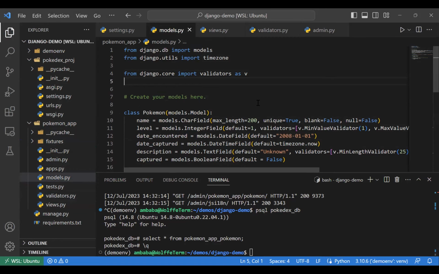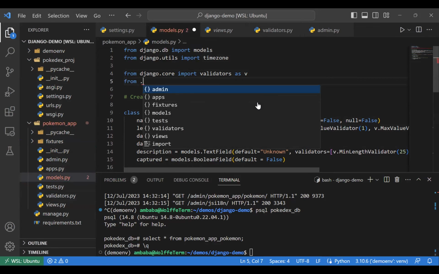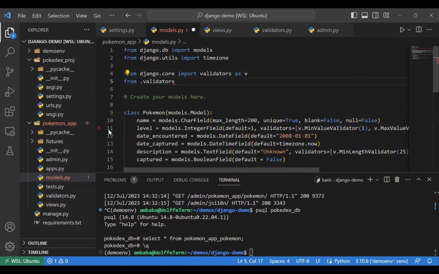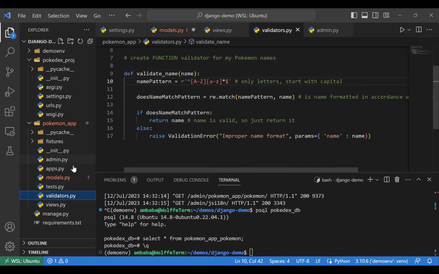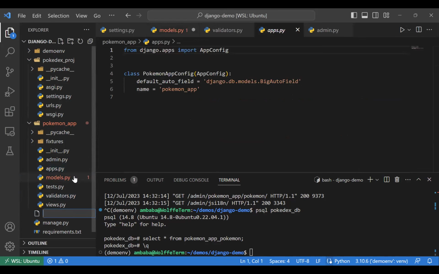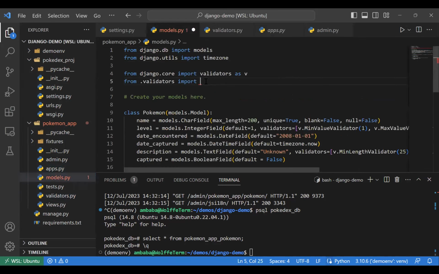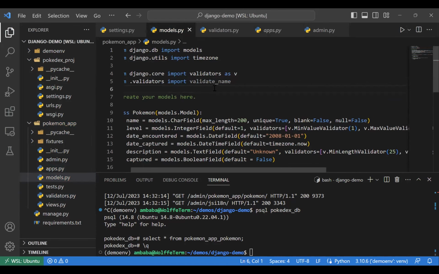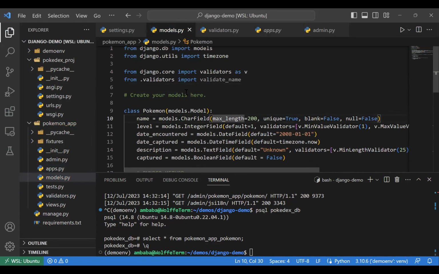So we could say from dot validators, because that's how we can get to the validators. We need to now import, and remember the name was validate name. So I can go here, and we can import our validate name function. Now, in our name field up here,